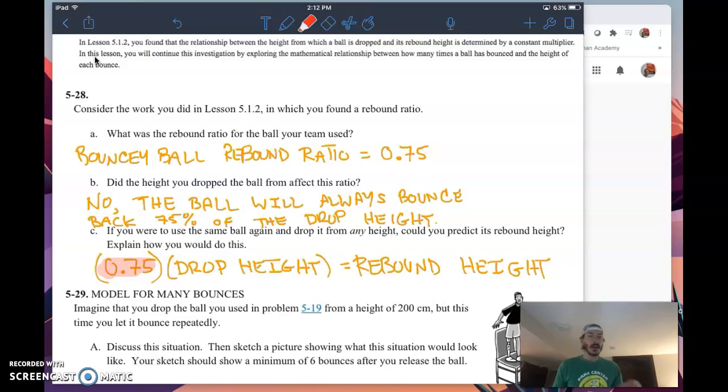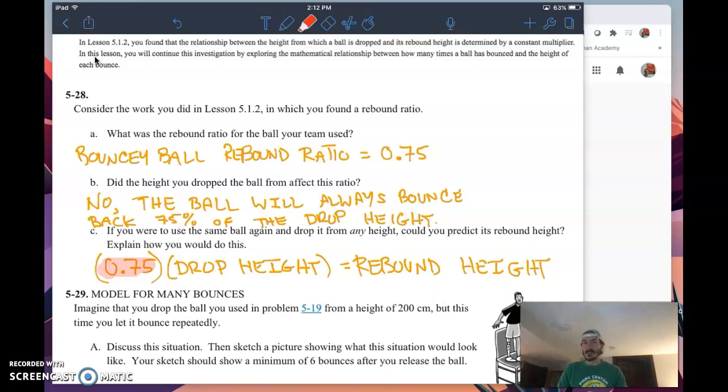Rebound ratio here is 0.75 because we used a bouncy ball. If it was a basketball, it'd be different. If it was a golf ball, it'd be different. If it was a bowling ball, it would be different, right? But this is specific to our bouncy ball. And now we're going to take this and put it into a model,